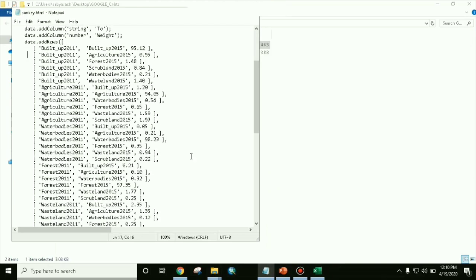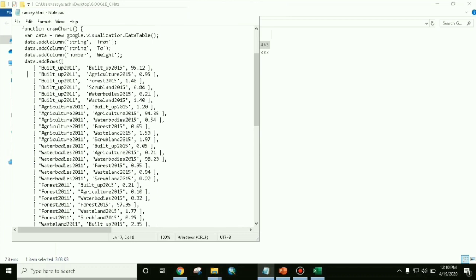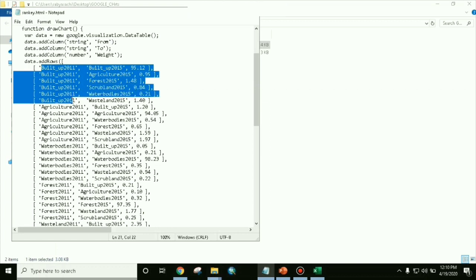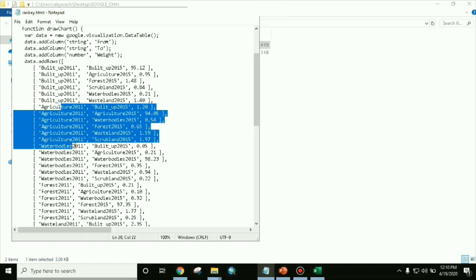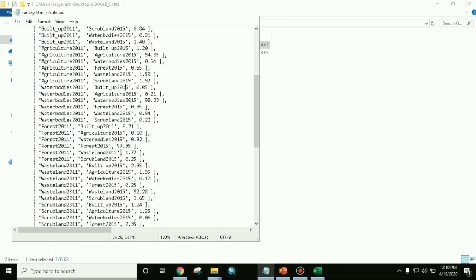So friends, here I have typed 2011 to 2015 land use land cover, whole land use land cover. Here you can see from built up to agriculture, like that. Here full built up, from built up to many other classes conversion. Then from agriculture to other classes conversion, like that I have written all the things.